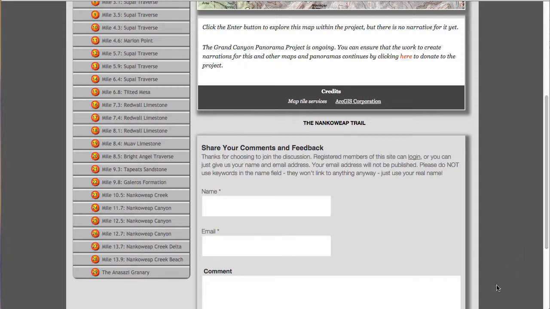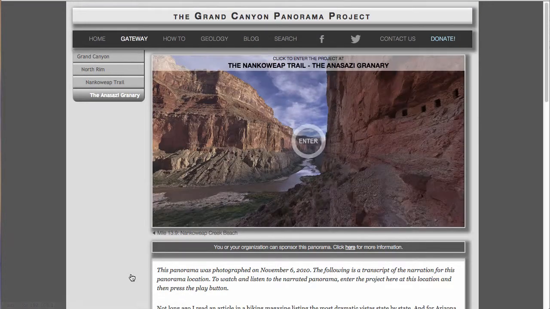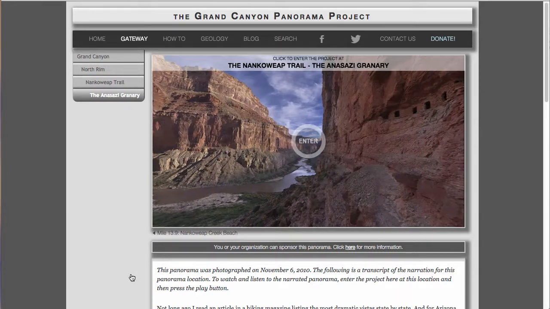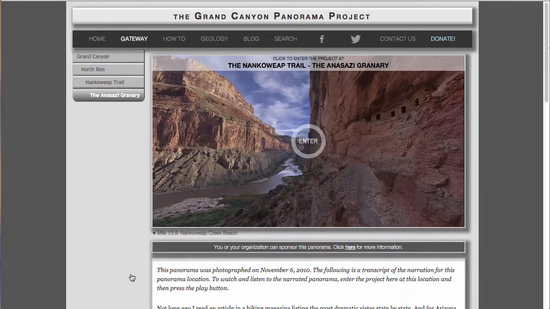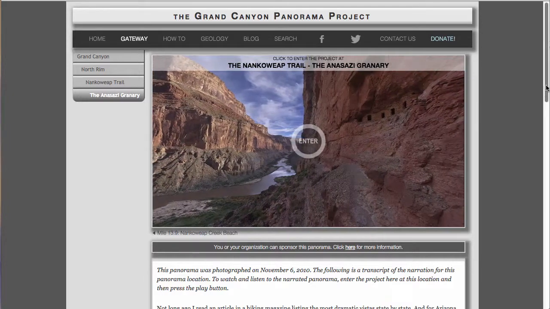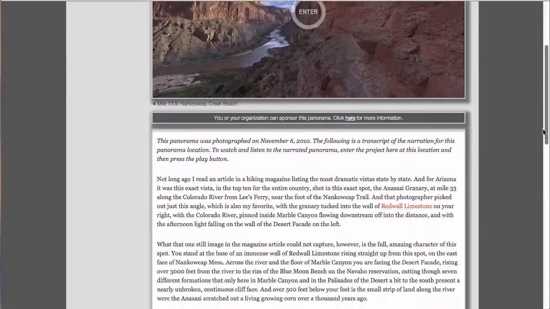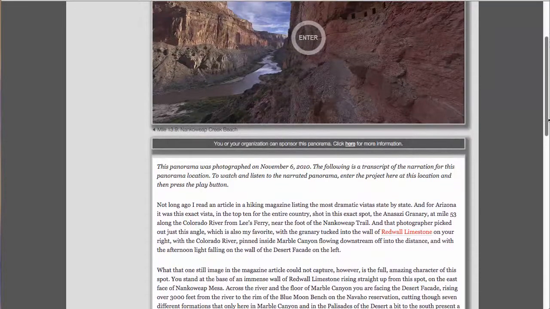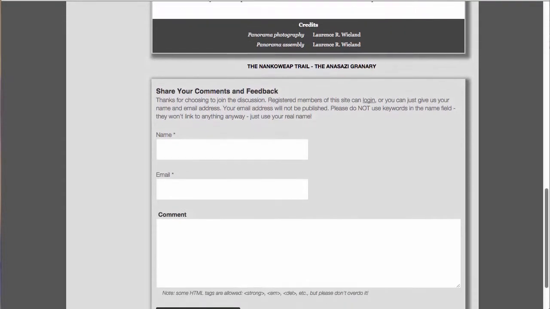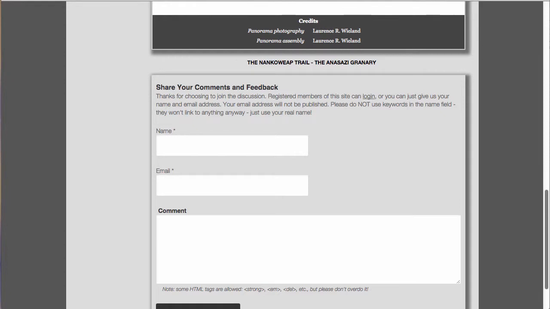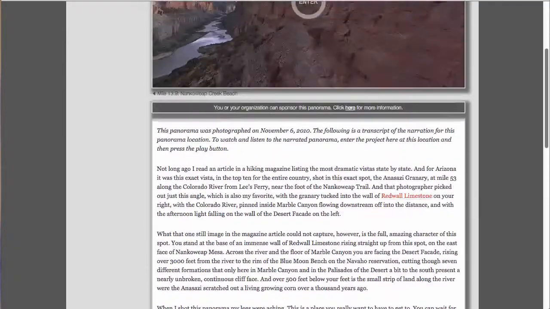From here, I'm going to click on the last entry in the list for the Anasazi Granary, and we've now drilled down one more level into the gateway to the page for that specific panorama. Here we have an enter button which will take you directly into that location in the project, a description of the narrative that is available for that project, and also a place for you to post any